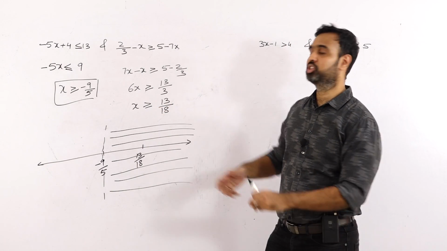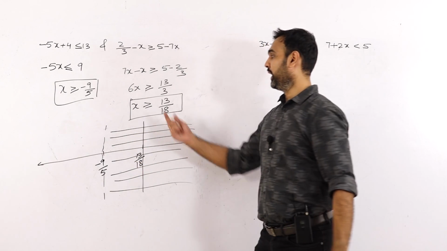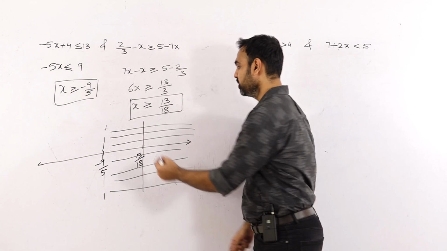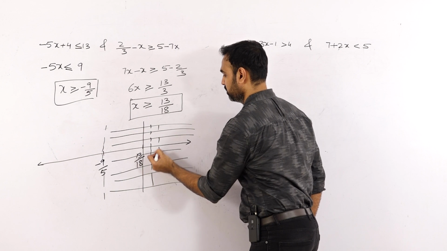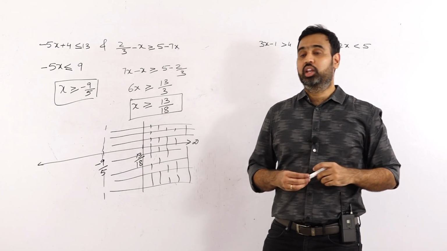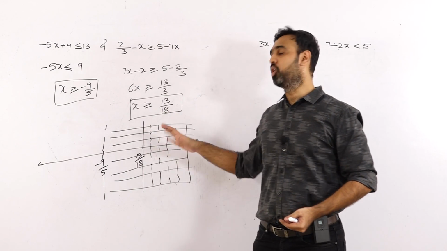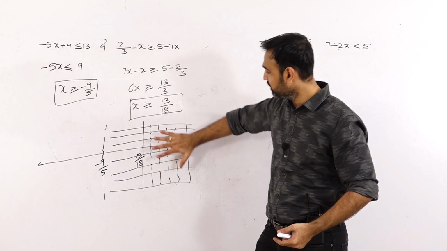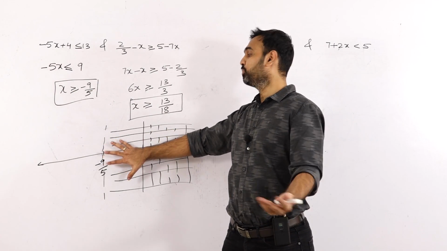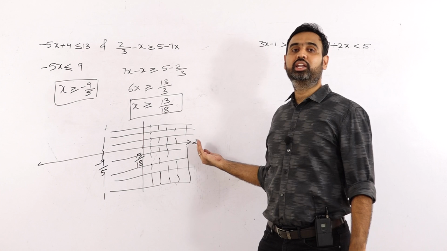Let us also indicate the region described here for x. So x greater than 13 by 18, again greater in the sense of to the right of this value. Let me mark vertical lines. So everything to the right, going till infinity. Now the region which is common to both is the region which contains both the horizontal lines as well as the vertical lines. So obviously this is the region. Here the part starting from minus 9 by 5 is completely useless. X ultimately takes only values from 13 by 18 to infinity.